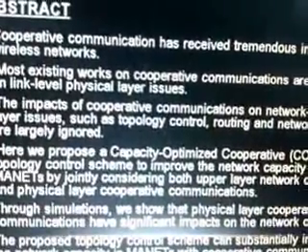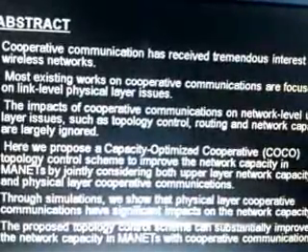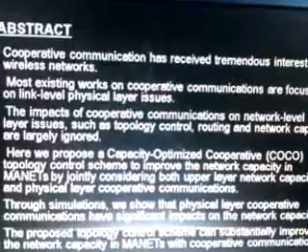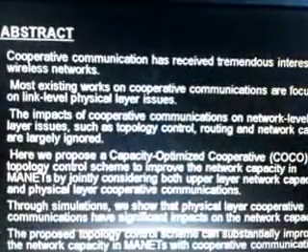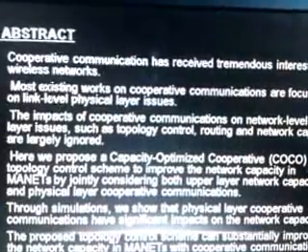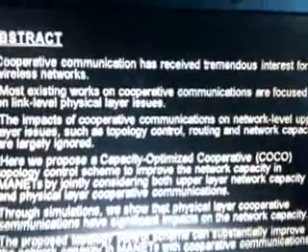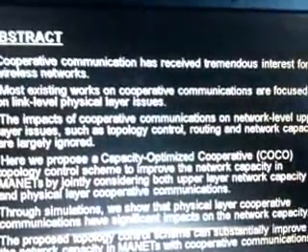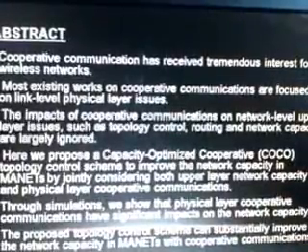So what my abstract is showing is that cooperative communication is of tremendous interest in wireless networks. Obviously, because you want things to be done in a simple and efficient way, and for that you have to implement better technology day by day. If you have an issue at the link level, the physical layer, you can solve it, because if you implement some upper layers, they can override your lower layers. So for this problem, we have proposed a capacity-optimized scheme called the COCO topology control scheme, which will improve our network capacity in a tremendous way. Through simulations, we can use upper layers also, which will serve in a better way.